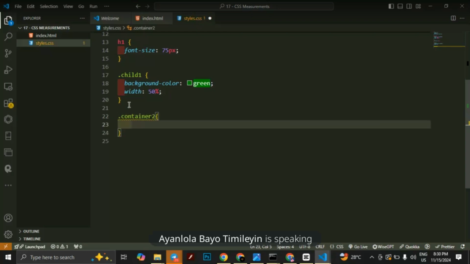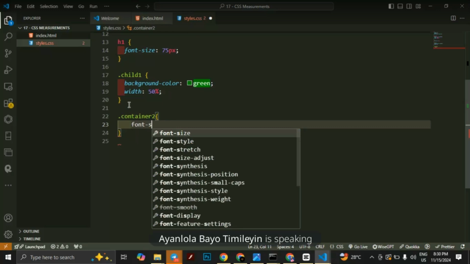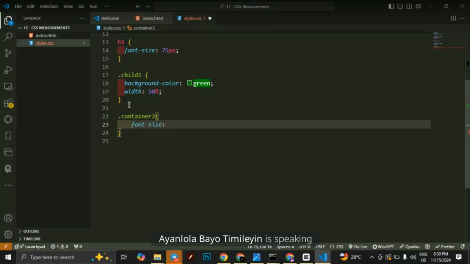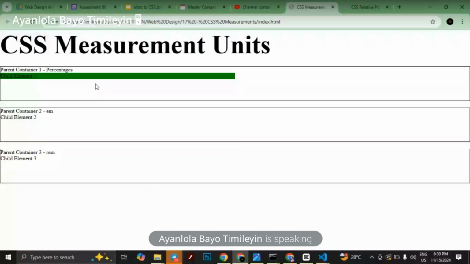Now I would like to set the font size of container 2 to 10 pixels, right? 10 pixels. So let's head back to the browser. Then on our web page, so this is container 2, right? Parent container 2 EM, right? Then child element 2. So if I refresh, look at this here, the font size has reduced, and this